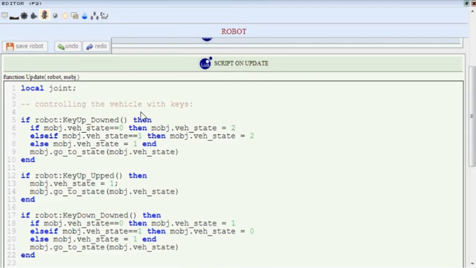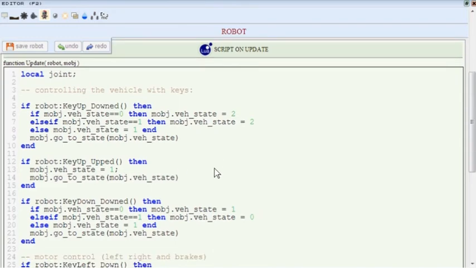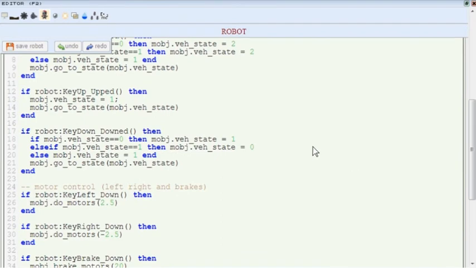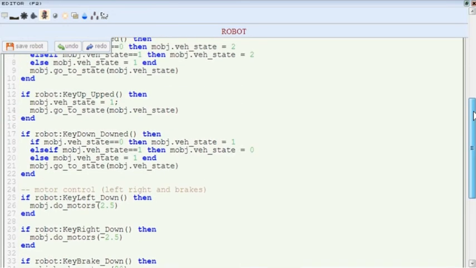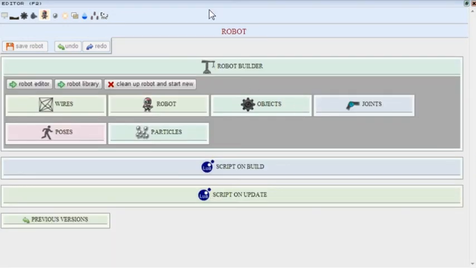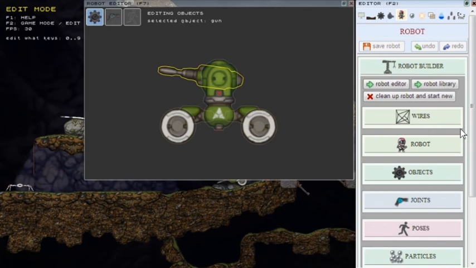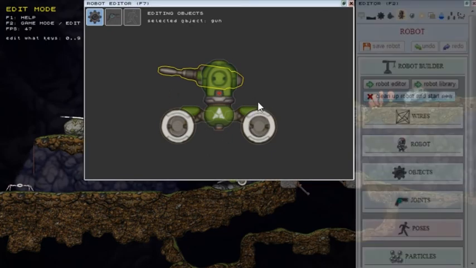And in the script on update, as you can see, I have written a controlling of our vehicle with keys. So we're using the mObject to store some vehicle states there, and we are using this object to call some functions that we have written for our vehicle, like to crouch or to stand or to jump or to control its aiming, motors, brakes and shooting. Okay, it's enough to tell about this script so far. I think I wanted to show you how we create the basics of the robot,